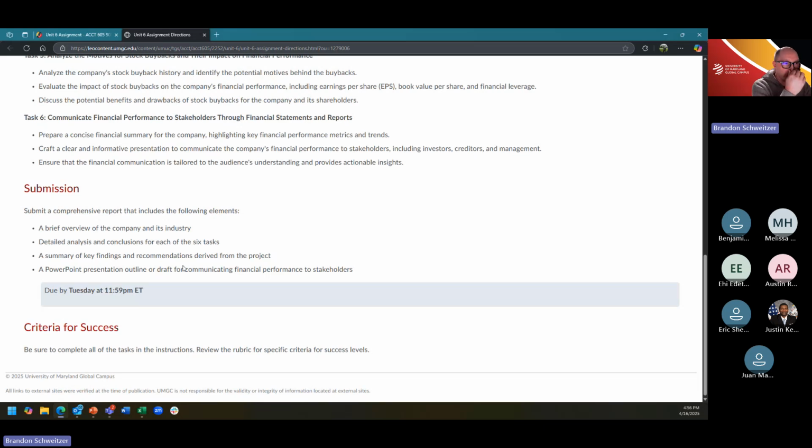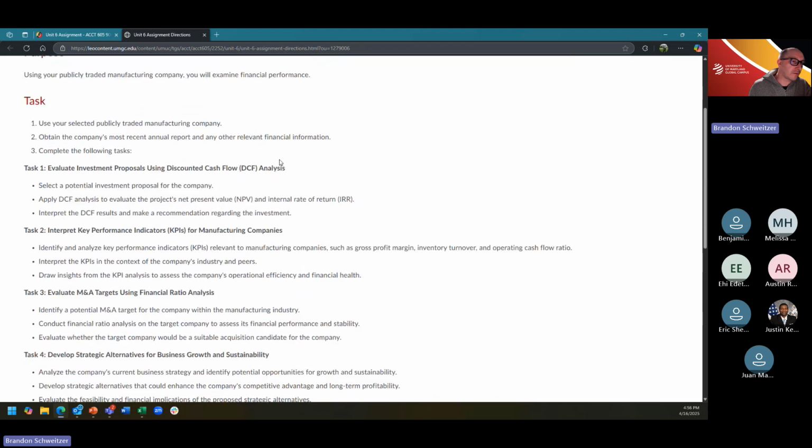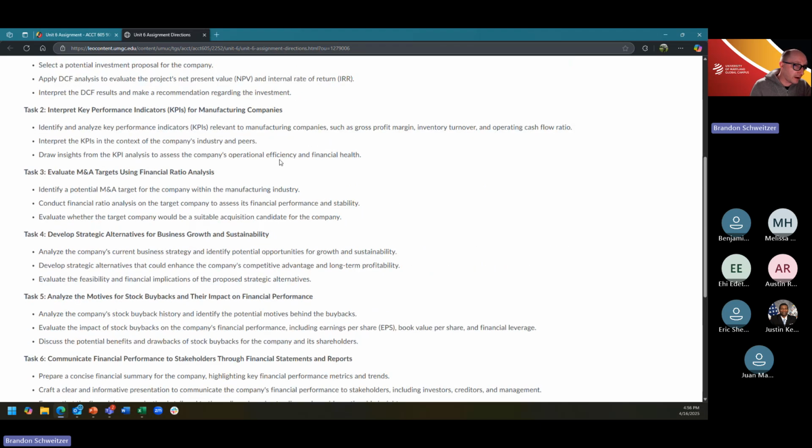You'll notice that some of the tasks that we've rolled through, we've kind of done before. At least from the ratio perspective, we've already calculated some of those ratios in prior weeks. We know what the financial statements look like. We can do a lot of that analysis, and you want to include a lot of that in your